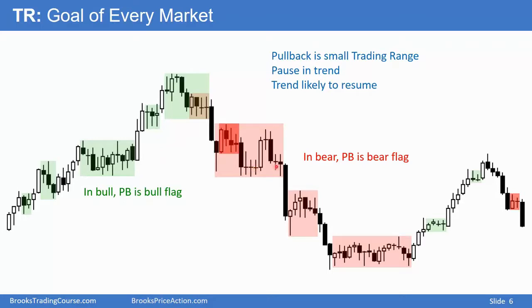Is it a trading range yet? I would not use the term at that point. I still think the odds are the bears are more likely to get a bear breakout, so I would still call this a pullback. Double top bear flag, first high, second high. Same with here, probably going lower. Here, it's probably going lower, becoming less likely. Maybe you can start calling it a small trading range.